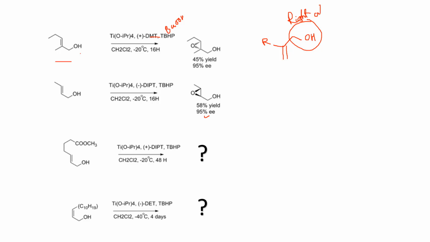To draw this one this way, you have to draw this only, then this trick will work. If you keep this allylic alcohol at this place and perform this reaction, in that case